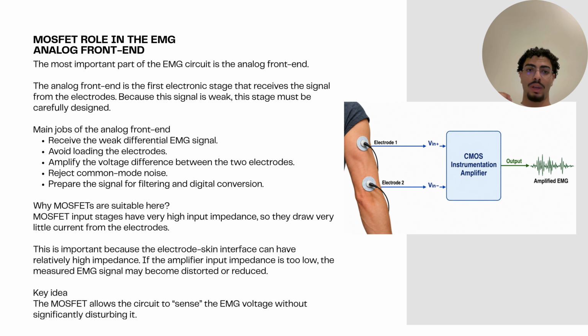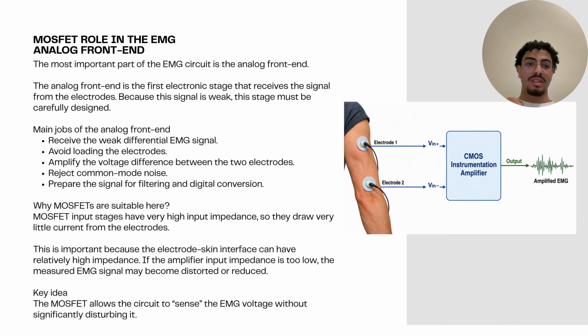The main jobs of the analog front end are to receive the weak differential EMG signals, avoid loading the electrodes, amplify the voltage difference between the two electrodes, reject common mode noise, and prepare the signal for filtering and digital conversion. So, MOSFETs are suitable here because